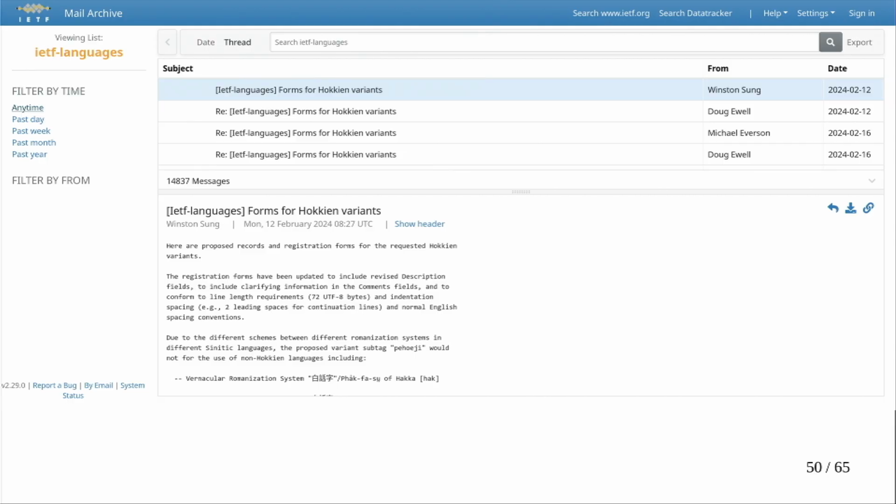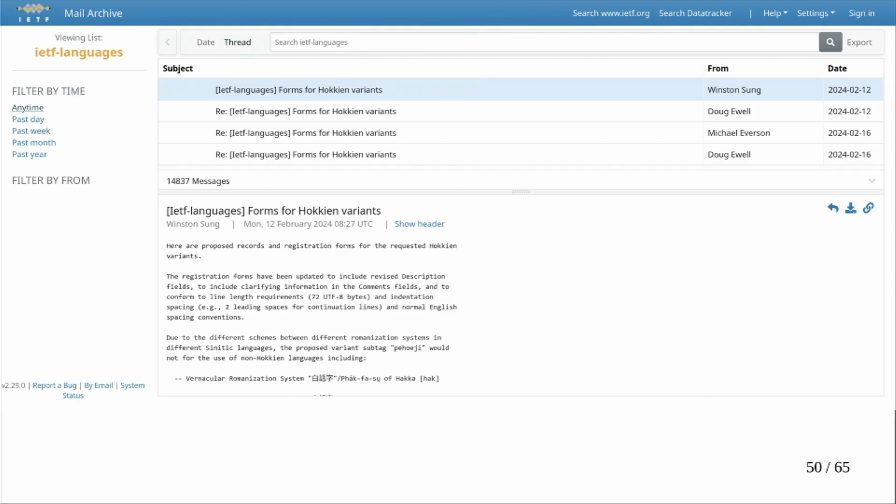So here are the proposed records and the registration form for the Hokkien variants request, and there are many details, like you need to make a line wrap, a new line, when it exceeds the maximum line length. I didn't find any documentation on the website about the form. There's only a template, and it didn't contain any detail about the line wrap, so there were many modifications